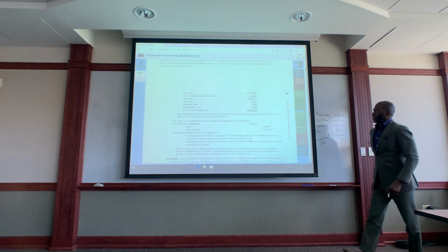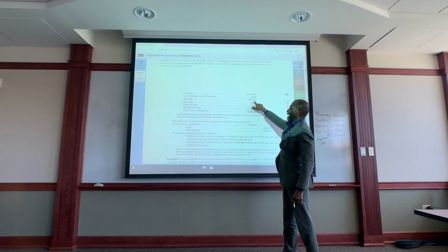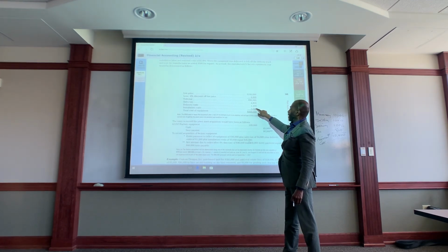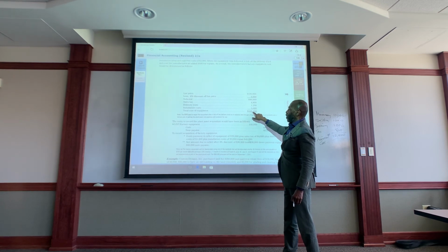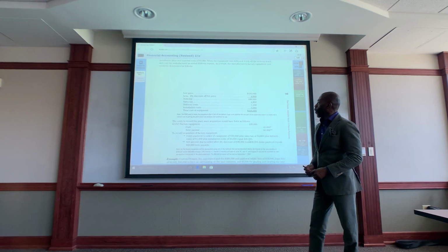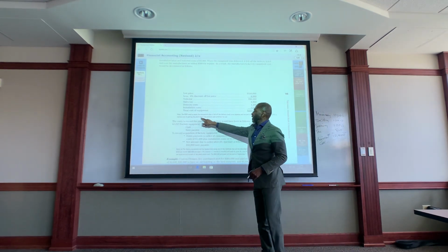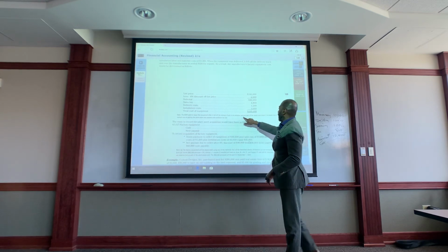We have the list price of $100, less the discount of $4. Subtotal, $96. Everybody got that? Sales tax, $48. Delivery costs. Installation costs. Now we have the total cost of $105,000 for the equipment. Now, what it says as a special note is that the $500 to repair it is